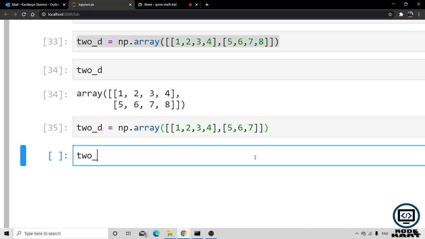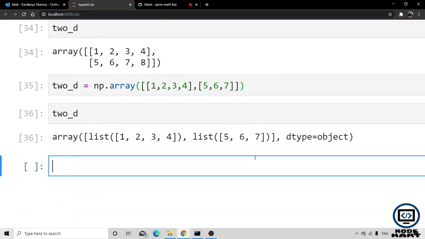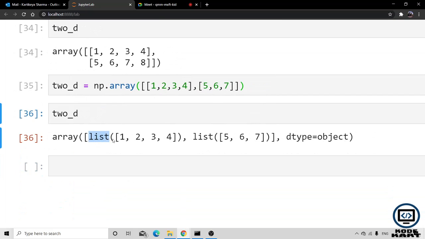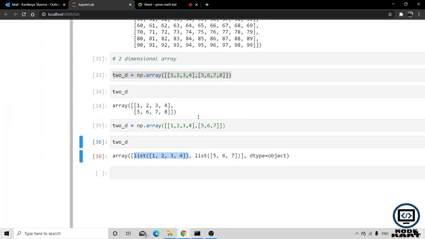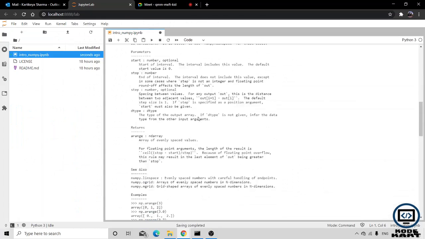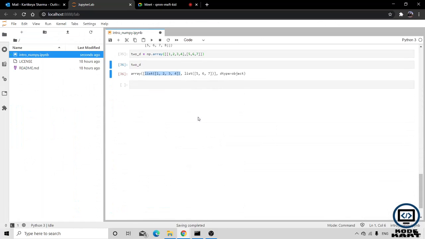Now you can see that NumPy makes a list for the first element and a list for the other element. For the first element there are 4 elements, and for the other there are 3 elements. So this is the simple basics of NumPy.